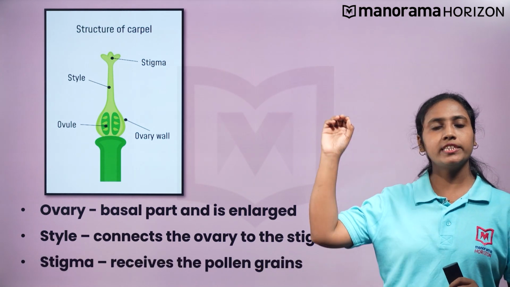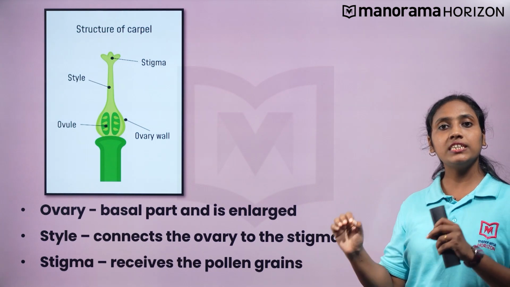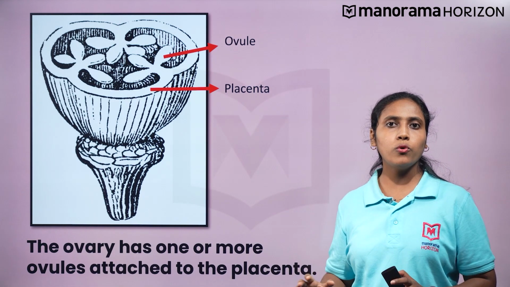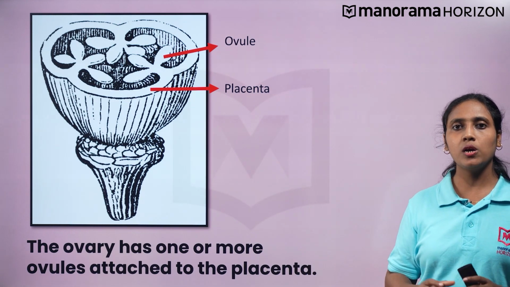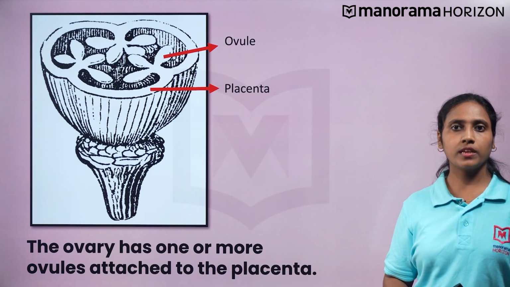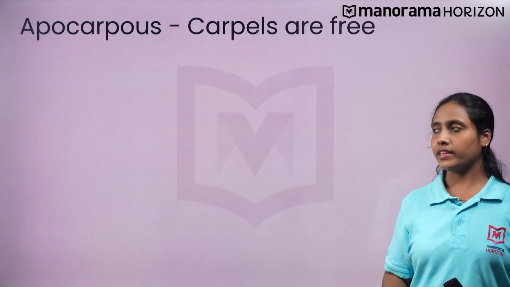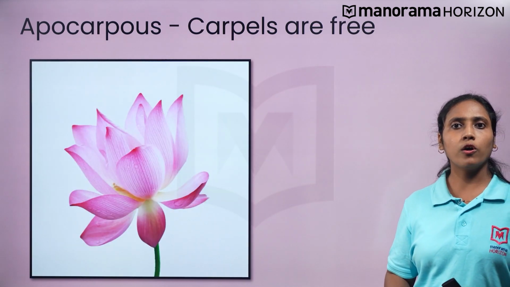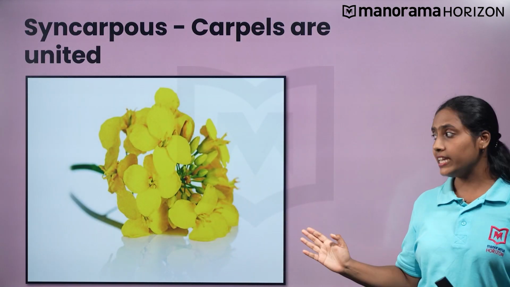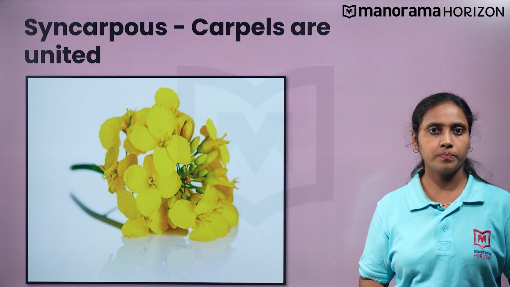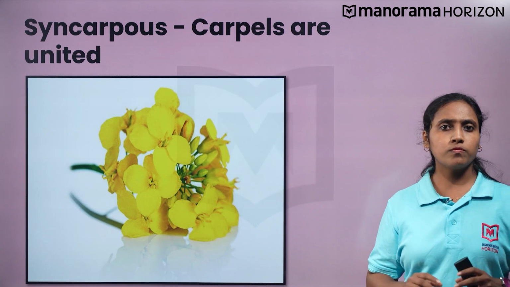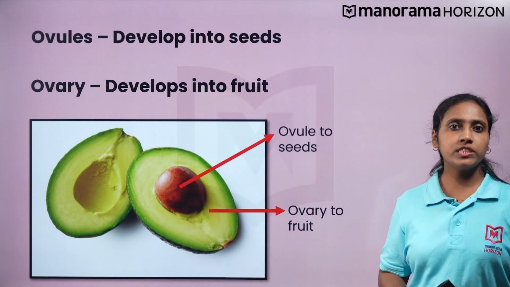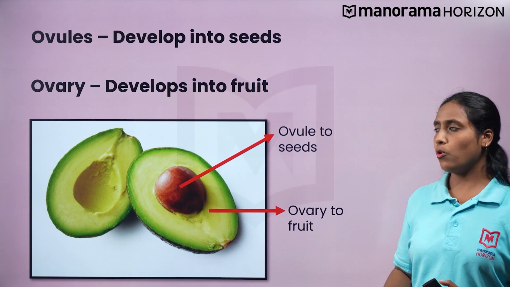Stigma is situated at the tip of the style and it receives the pollen grains. The ovary has one or more ovules attached to the placenta, which acts as a cushion. Carpels may be free, that is apocarpous, as seen in lotus, or may be united, that is syncarpous, as seen in mustard. What can be the function of the ovules and the ovary? Well, the ovules develop into seed and